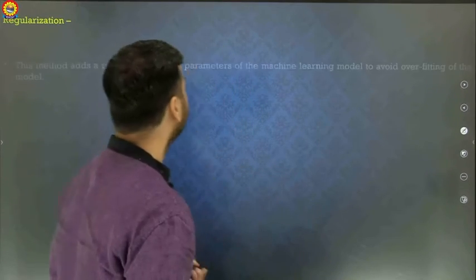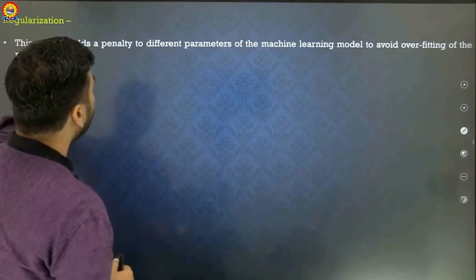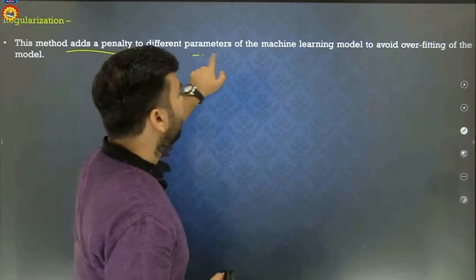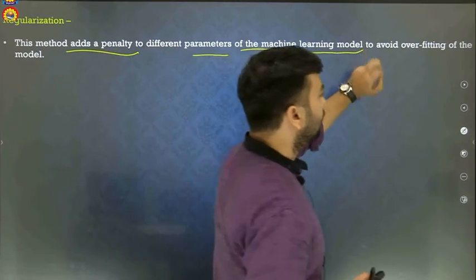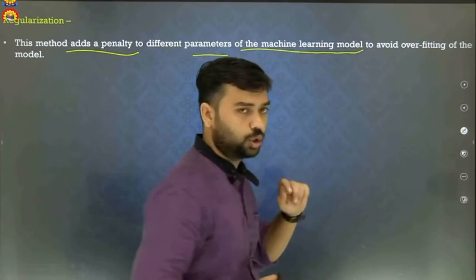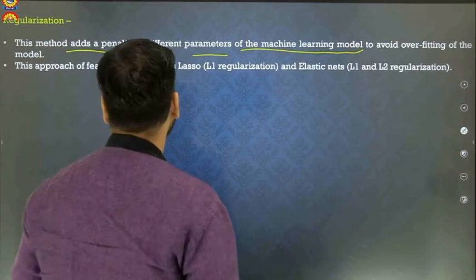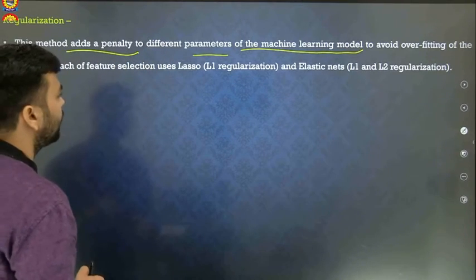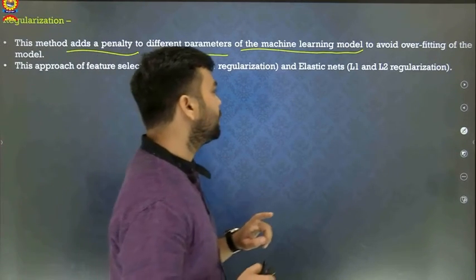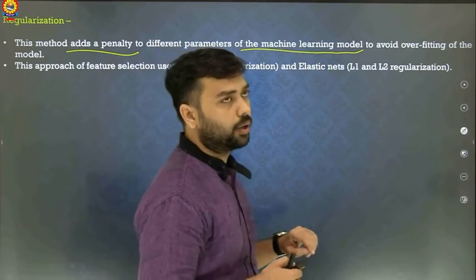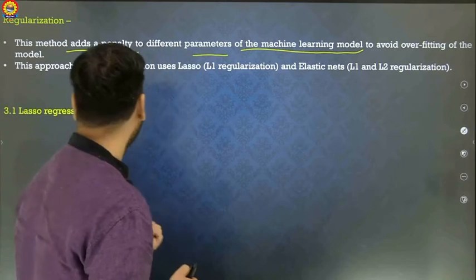Let's have a look. This method adds a penalty to different parameters of the machine learning model to avoid overfitting. So we are assigning the penalty. In this approach, features are selected using lasso L1 regularization and elastic net L1/L2 regularization. So we discuss L1 and L2 regularization.